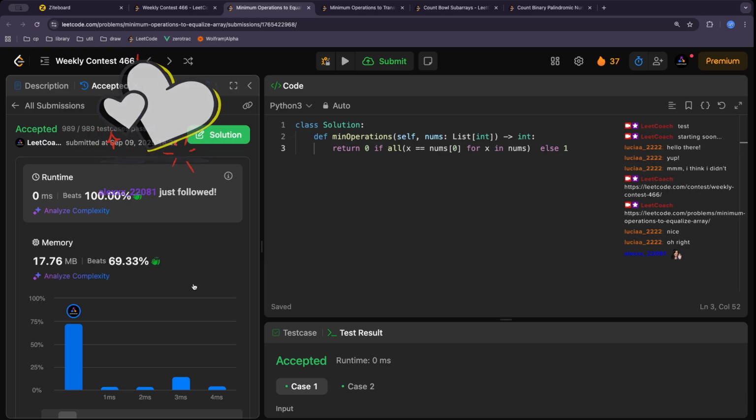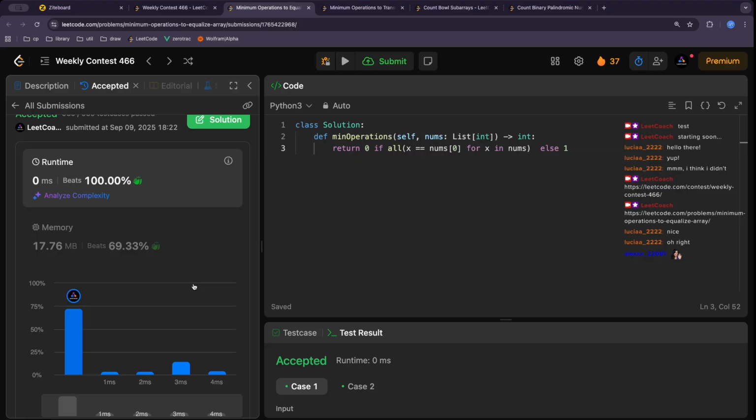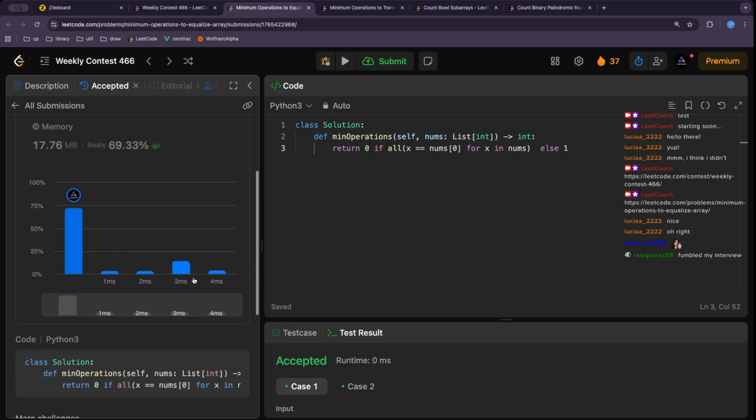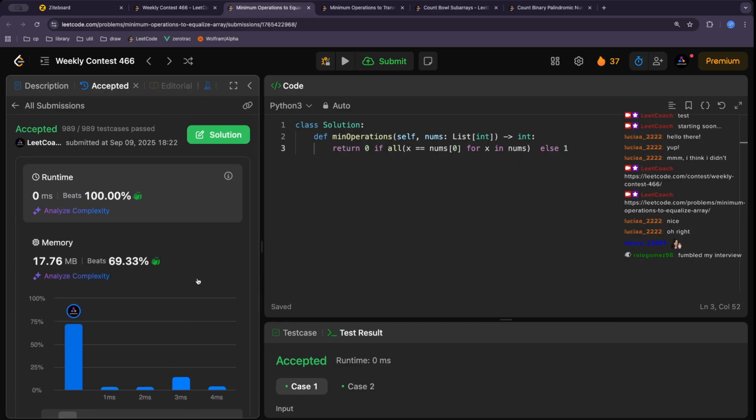So, well, it ran in 0 milliseconds, but the difference is so small that I'm not sure if it's just measurement error or if it